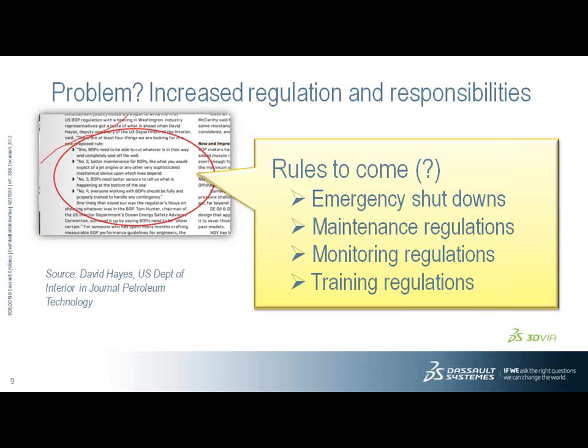And fundamentally, what he's saying is that, look, how are we doing emergency shutdowns? We need to scrutinize that even more. We need more data. We need more regulation: maintenance regulations, monitoring. And then he said training regulations. And he did say in the article also, he referred back to flight simulators and how airlines are doing their training for their pilots.